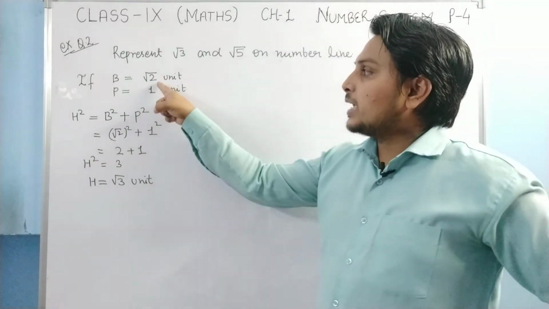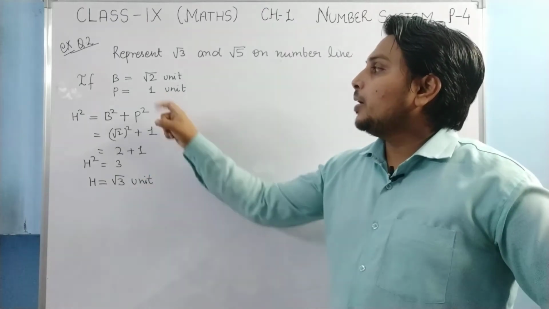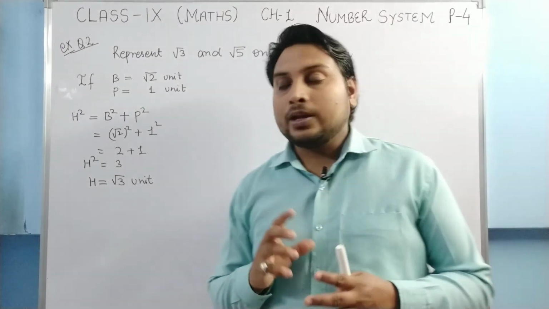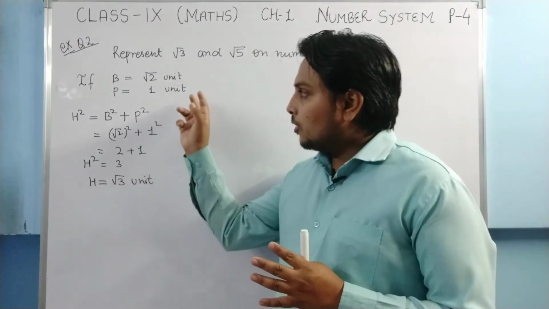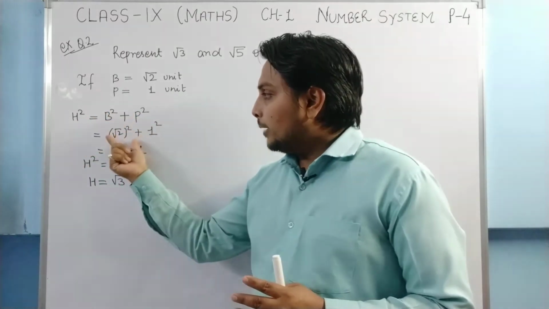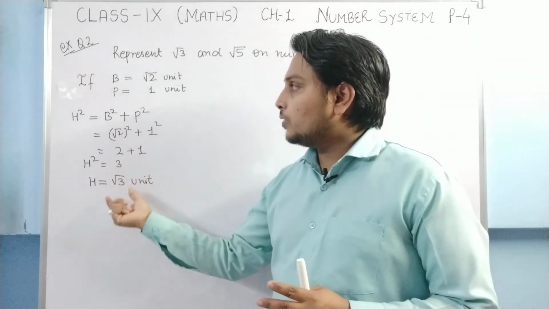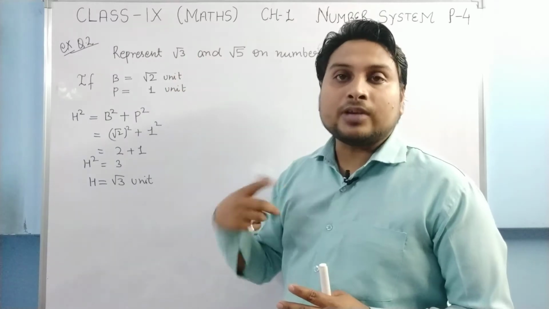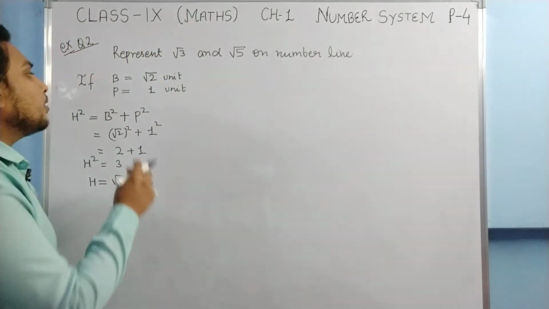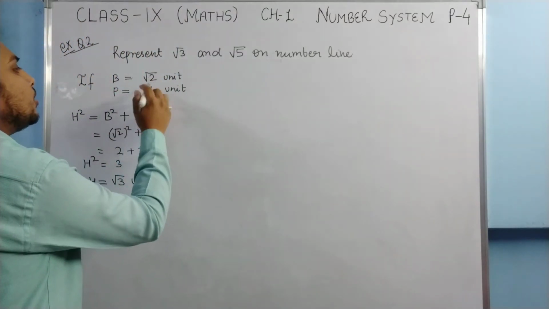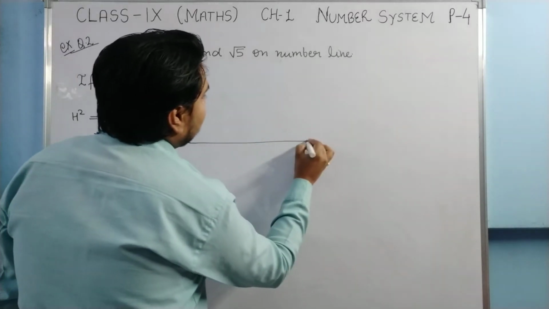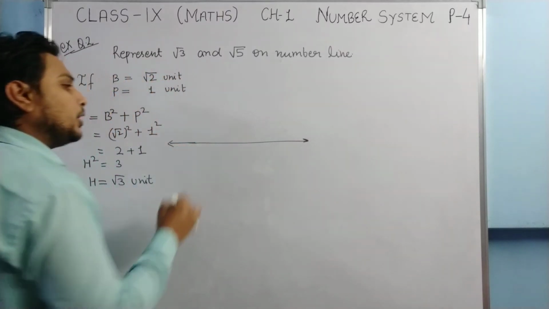Okay, so like this we will take the values of base and perpendicular. As you can see, I have taken the base as under root 2 unit, and perpendicular I have taken 1 unit. And what should be in our mind? We have to keep such values so that the hypotenuse will become the number which we have to show. Can we take the perpendicular also under root 2? Okay, you will get why I have taken the base under root 2. You will get it from here.